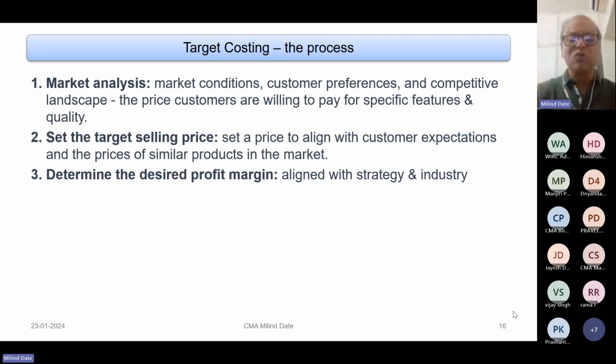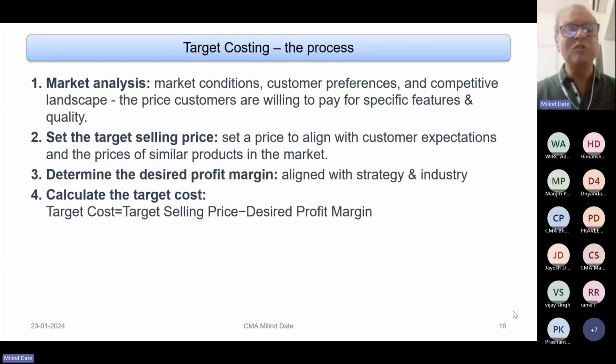So that gives you a total volume of profit. And you can say, okay, over the lifetime, I'm going to sell, estimated of course, these many units. Based on that, you can calculate profit per unit. So target selling price minus desired profit per unit will provide you with the target cost per unit. So this is, I'm sure, what you would have studied during your CMA final. But generally, people stop at this stage and say, hey, this is really pretty straightforward and simple. The actual work starts here.